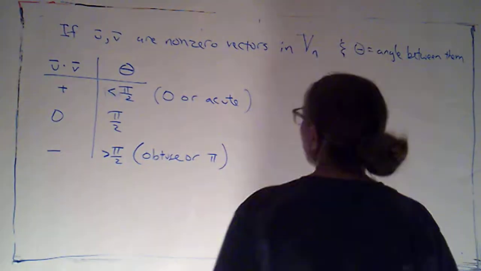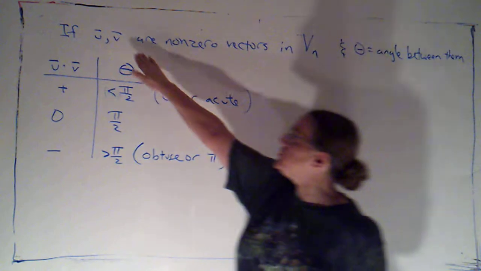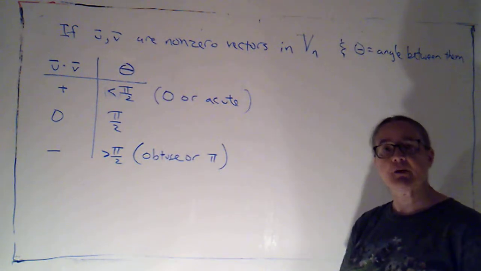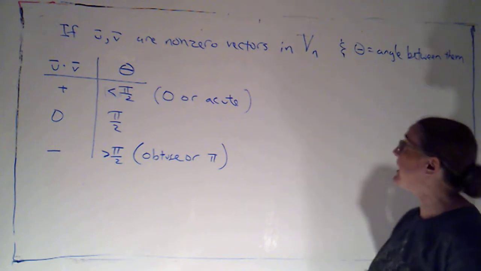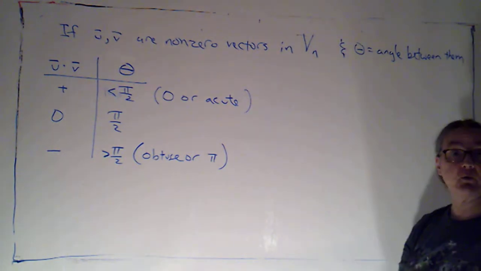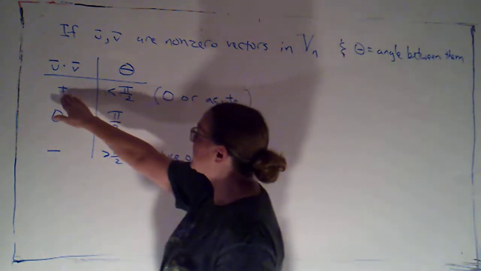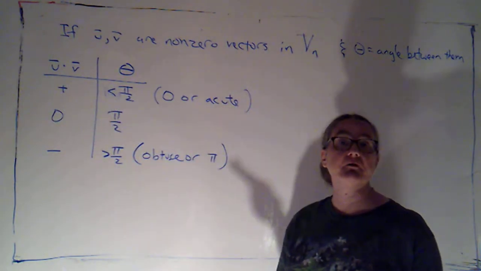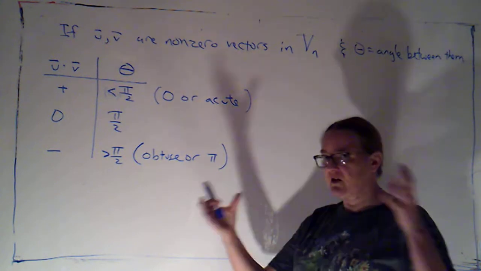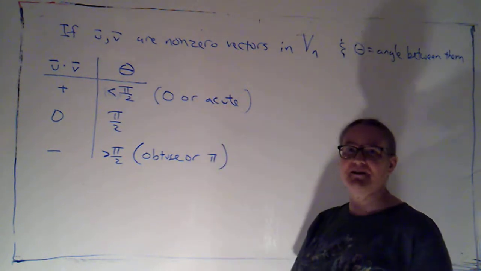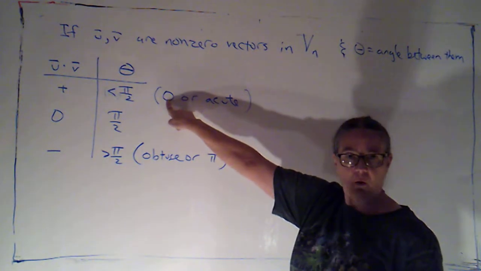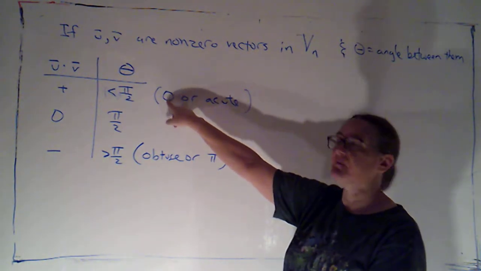In the last video, we talked about the fact that if I have two non-zero vectors u and v, then I can use the sign of the dot product to get some information about theta, where theta is the angle between them. So if the dot product is positive, that tells me that the angle between them is going to be smaller than pi over 2. And because the angle by definition has to be in the interval from 0 to pi, the smallest it could be is 0, so it's either going to be 0, meaning that they're parallel and point in the same direction,